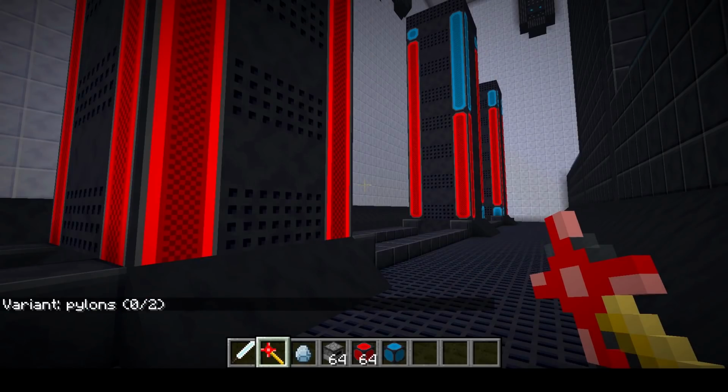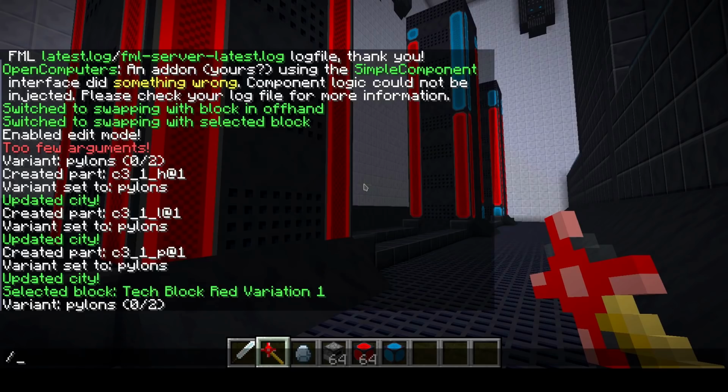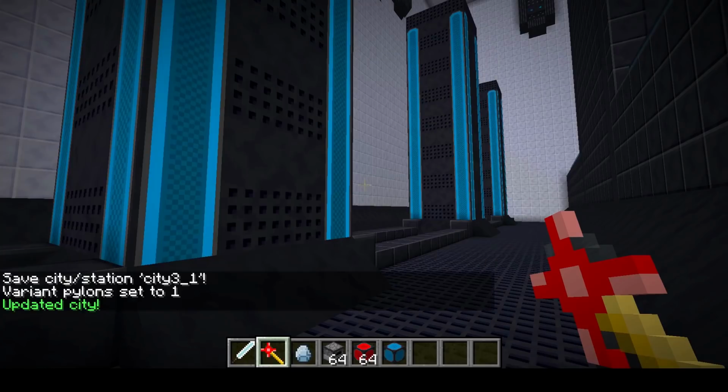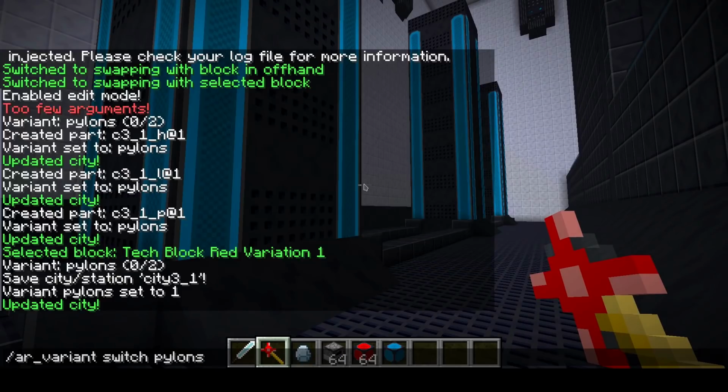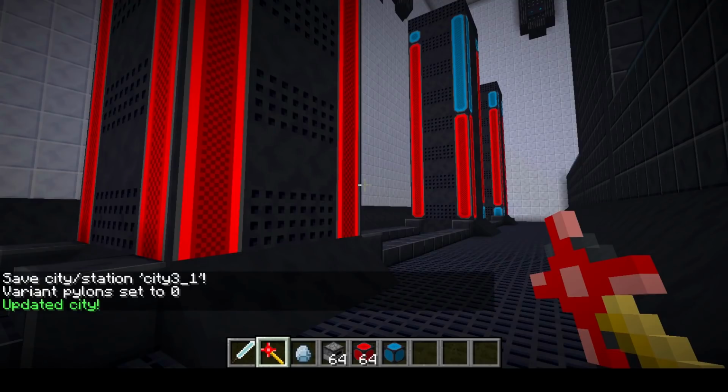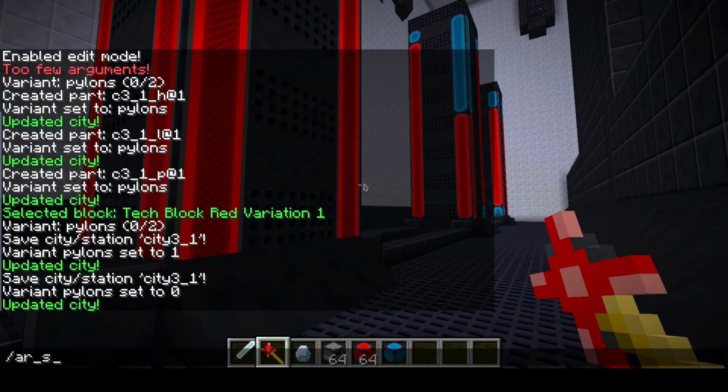So here at variation 0, that's the one we just modified. And now we set pylons to variation 1. That was the original, because while creating the variations with two states, it copied the first state to the second one, and now we can switch back between the two. So if you then save this city,